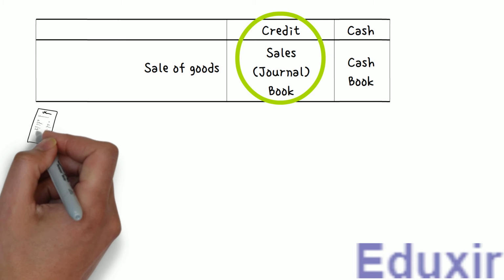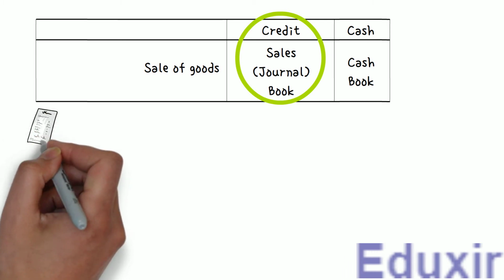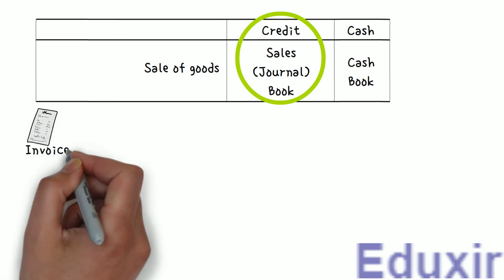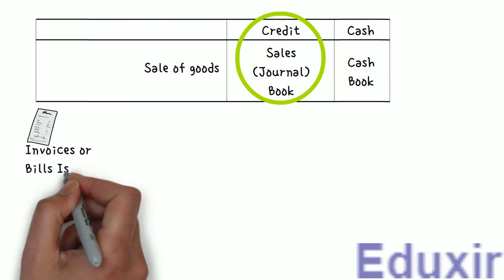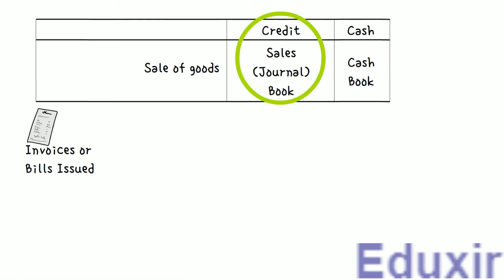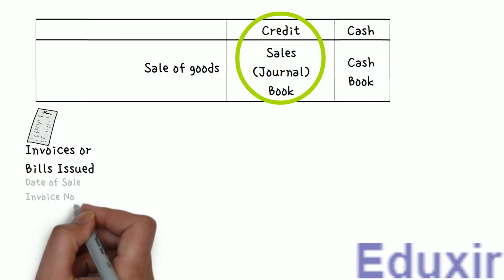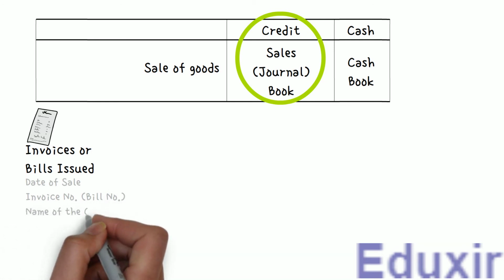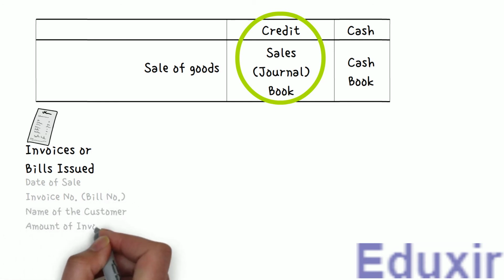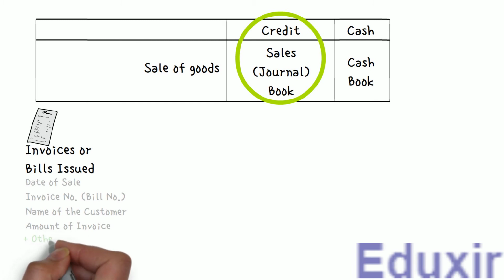The source documents for recording the entries in the sales journal book are invoices or the bills issued by the firm to the customers. The entries are made with the net amount of invoices. The format of sales journal book is very similar to that of the purchase journal book we did in the previous problem. The date of sale, invoice number, name of the customer, and amount of invoice are recorded in the sales journal. In addition to this, other details about the sales transactions, including the terms of payment, are available in